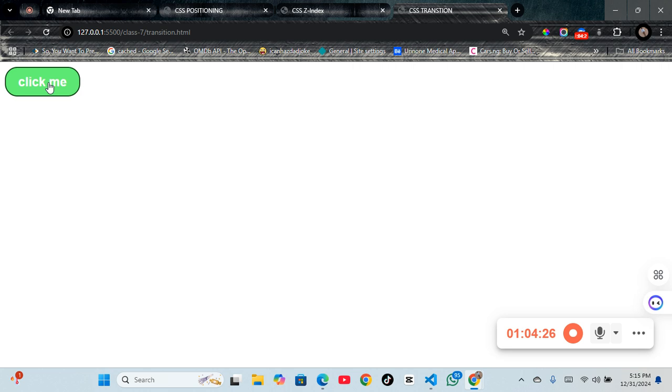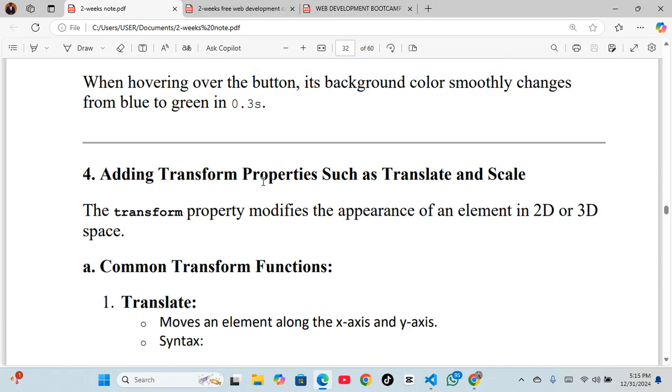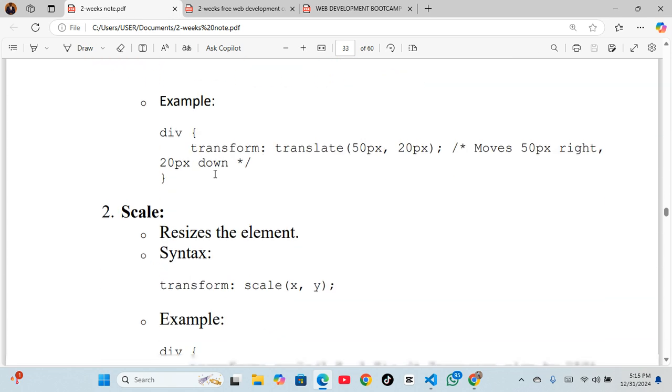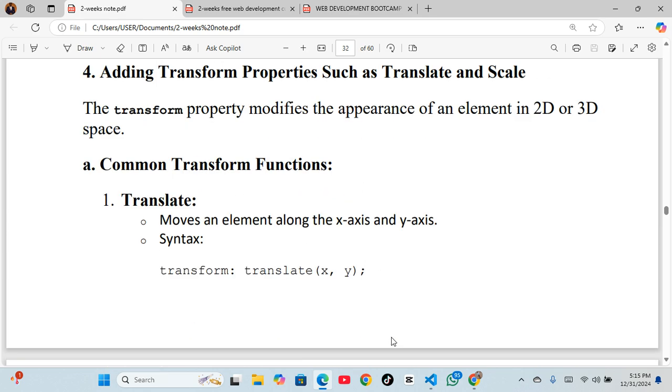So the next one we are going to look at is adding the transform property, such as translate and scale. So this is where we are going to end today's class. We're going to end today's class here. All right, so